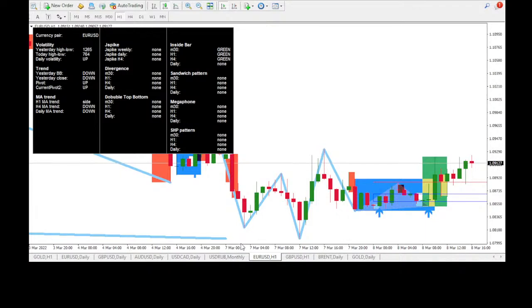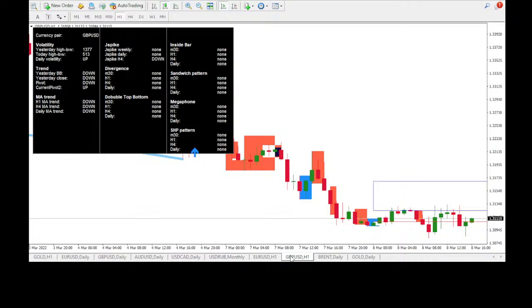Nevertheless, for euro dollar right now, we don't have any kind of interesting patterns. Everything is clear. Even the divergence is clear because we have a very strong bearish trend and no interesting setups right now. The same thing is for British pound US dollar. We don't have any kind of strong, important, interesting candlestick patterns,